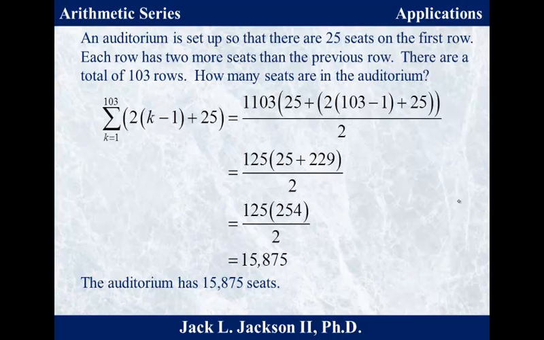So the first row has 25. How many does the last row have? Well, 103 minus 1 is 102 times 2, 204 plus 25, 229 in the last row. So first row plus last row times